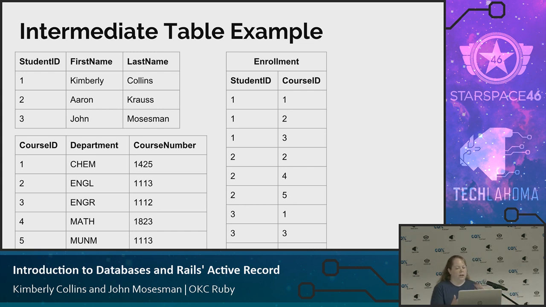And this is where I think people start to get confused. Just looking at the enrollment table and ignoring the left side of the screen, these numbers are meaningless. It kind of bothers people, I think, to only see those numbers, but that's okay. It's not about you, it's about the computer. I've done a whole separate talk that I'll mention later on how you fix this, how we put these back together to see data that's meaningful to users. So student ID 1 is related to course ID 1, et cetera. These values have to already exist in the student and course tables.